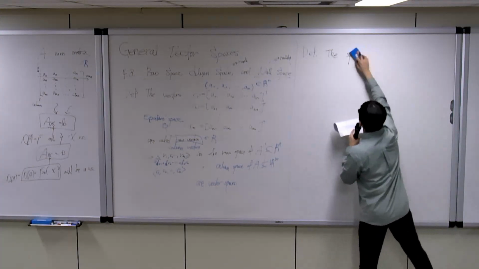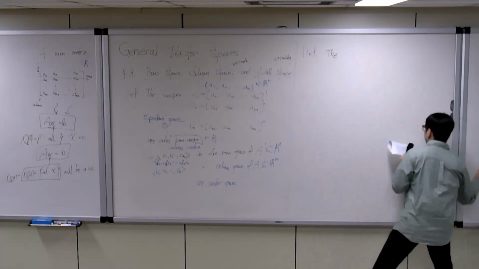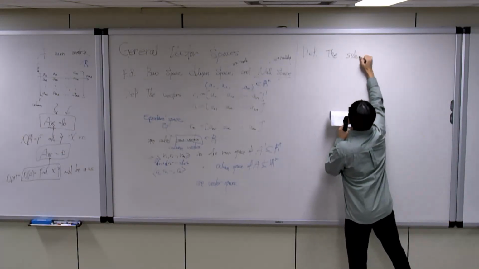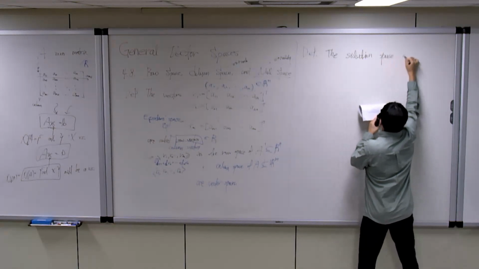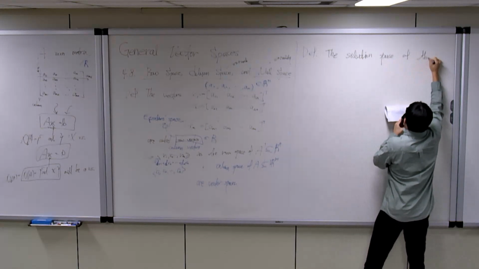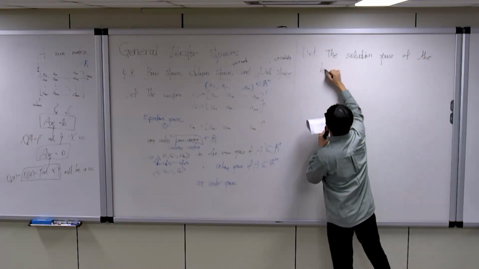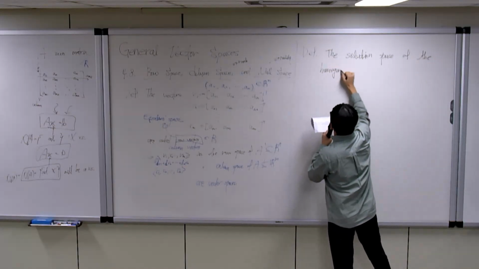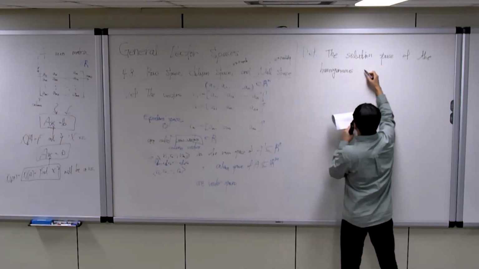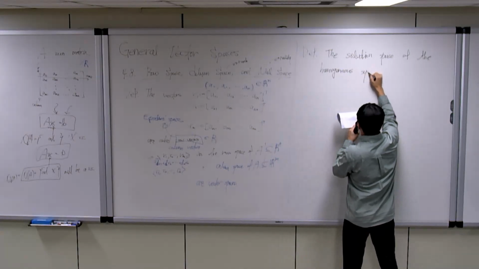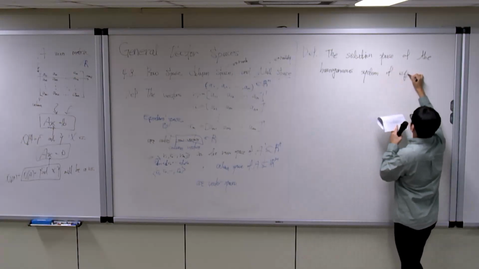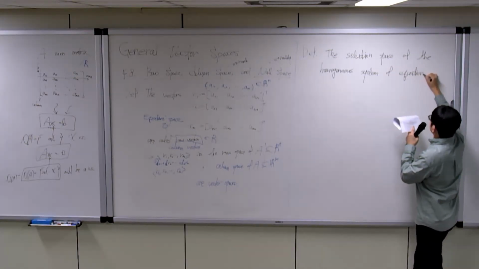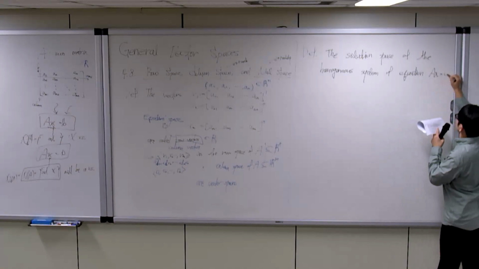The solution space of the homogeneous system of equations Ax equals 0,